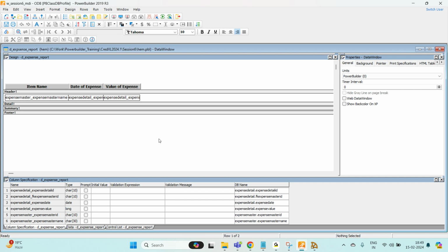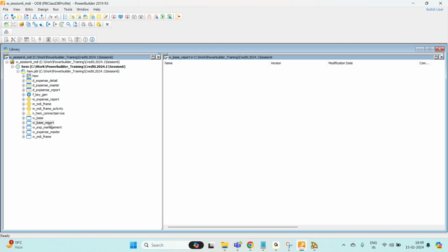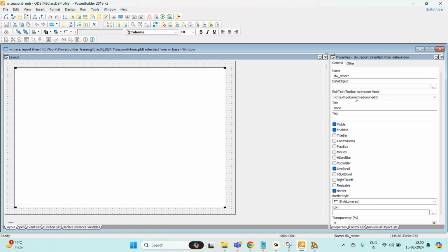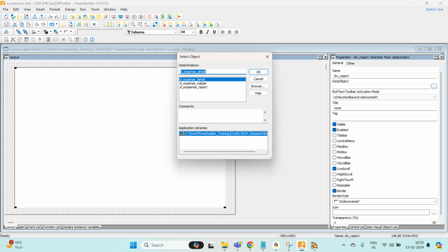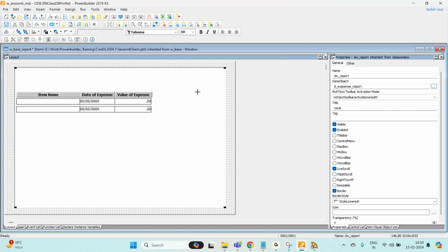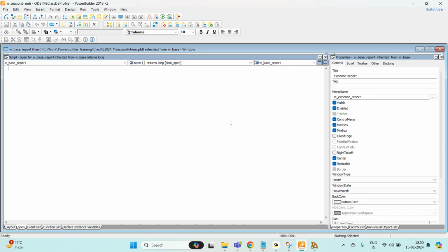Now let me show you how it will look like. Go to the base report, here attach this report to the data window, and over the DW report dot, again because it needs a